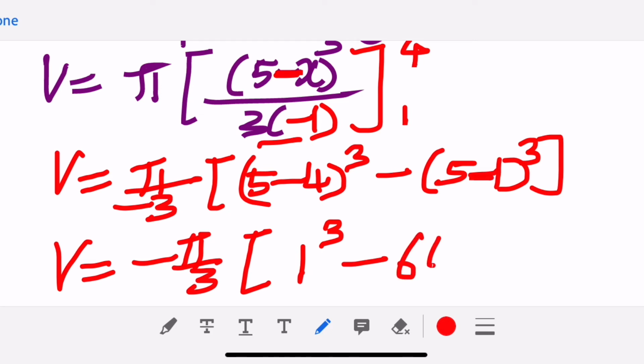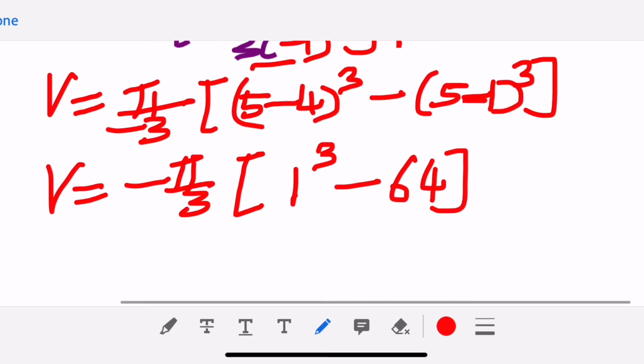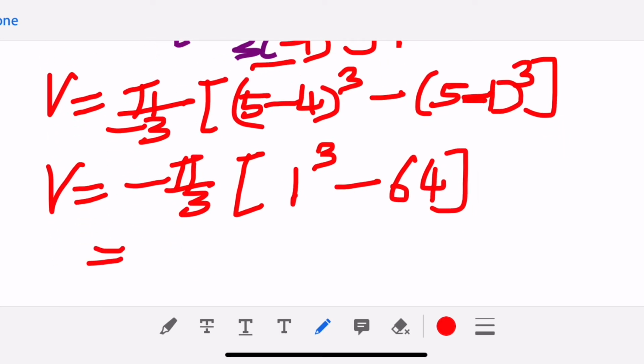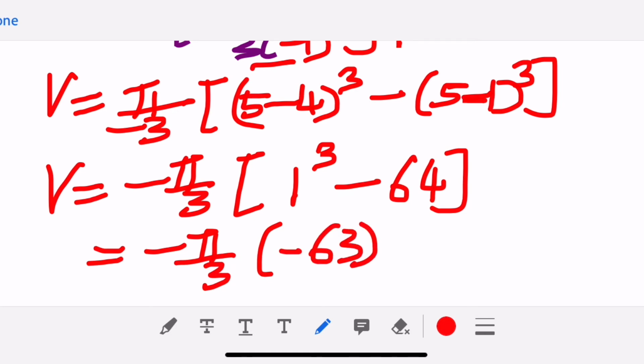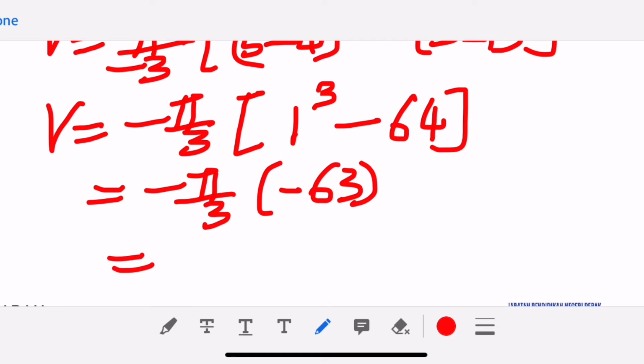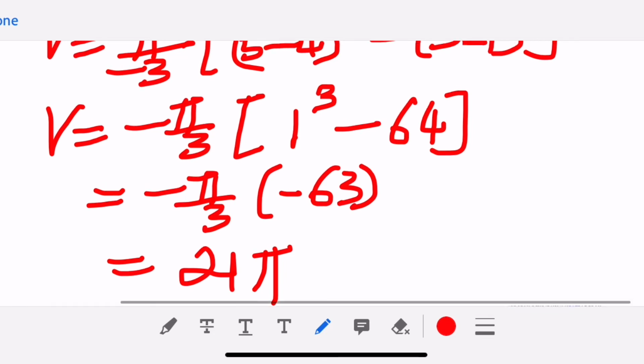4 cubed will be 64, 1 cubed will be 1. So I got pi, negative pi over 3 times (1 minus 64). So the answer is positive 21 pi. But then I have to minus out